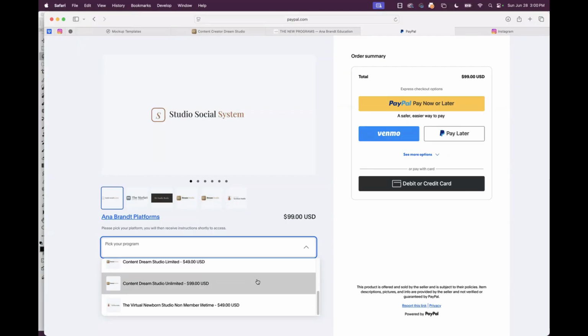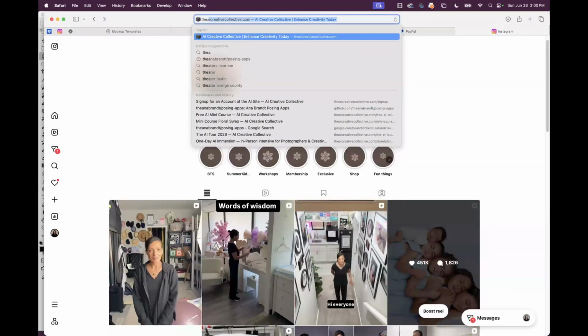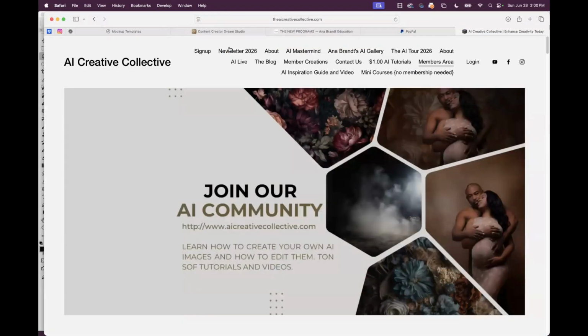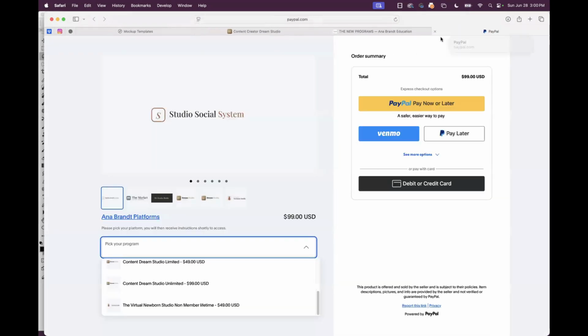Everything will always change. If you remember the AI Creative Collective, I launched that at $49. Do you remember that? That was 4.5 years ago. And it's $999. And I've actually had a couple people pay that. So, I like early adopters. I like people that go, I don't know what the hell Anna's doing now, but I'm in. Because anytime you early adopt, you're always going to pay less than later. That's any company.